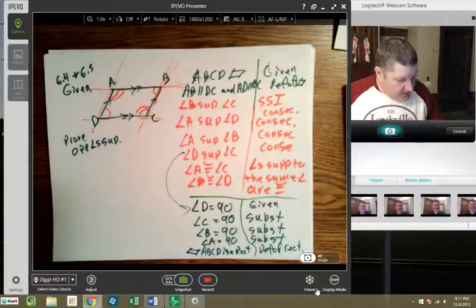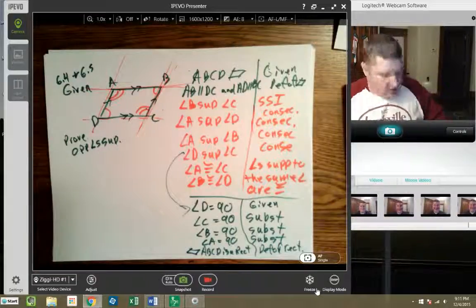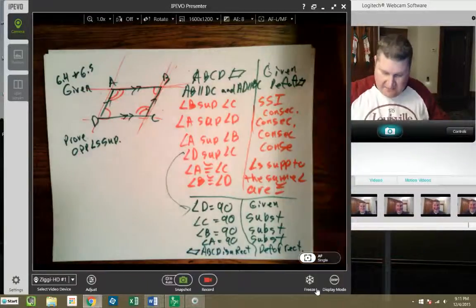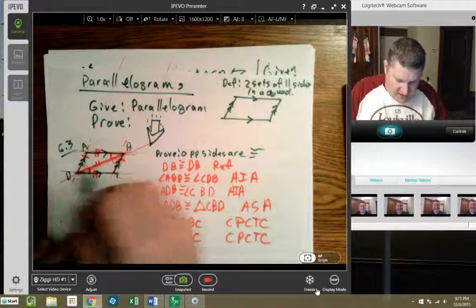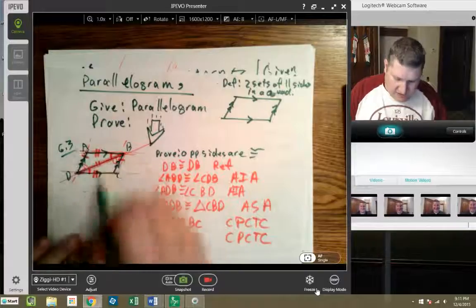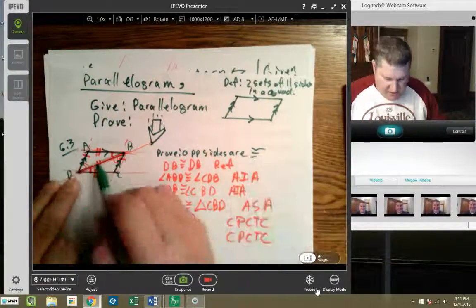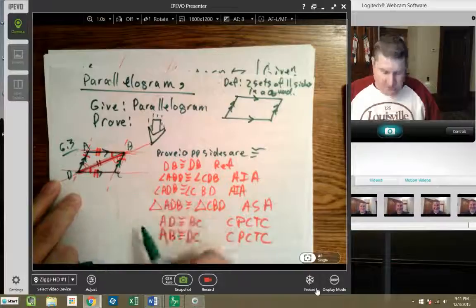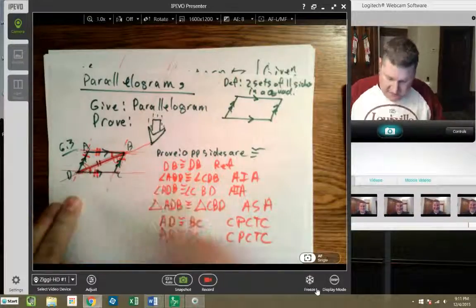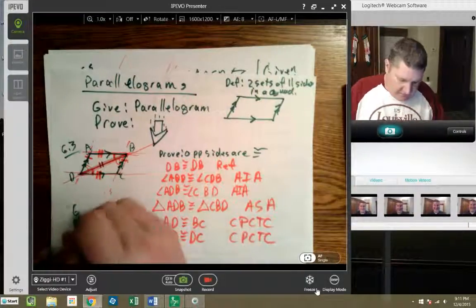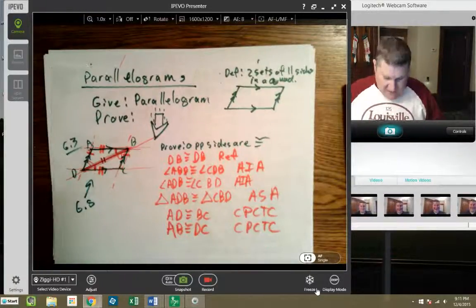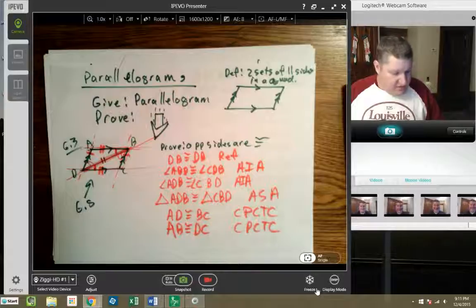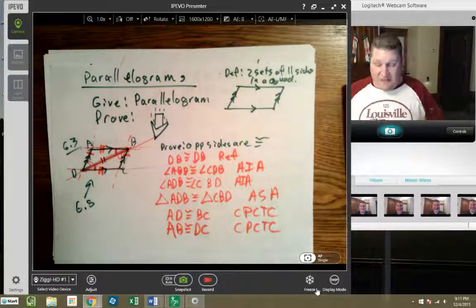Now, we've already proven theorem 6.8, because theorem 6.8 says if I cut a diagonal, I make two congruent triangles. Well, we did that by saying reflexive, alternate interior, and then we said by angle side angle. So theorem 6.8 is also proved right up here by the triangles. And once I have the triangles congruent, then I can prove that the diagonals bisect each other, and that becomes